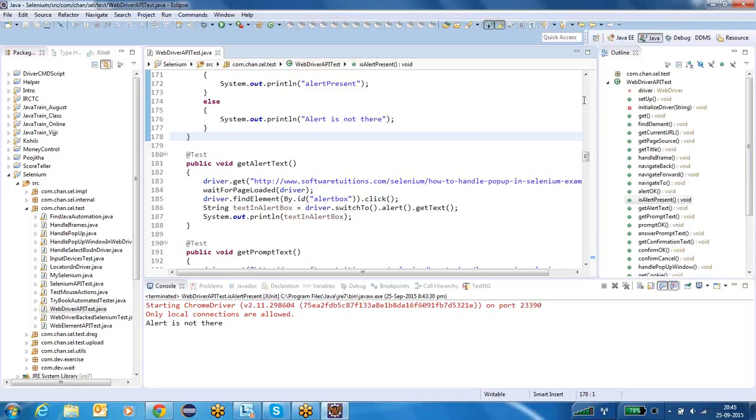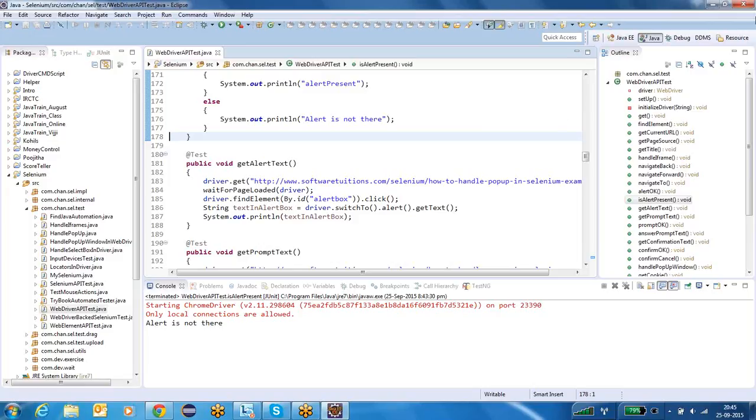If driver.switchTo.alert doesn't throw any exception, it means the alert is there and above the web page. If the alert is not there and if you call driver.switchTo.alert, definitely it will throw the exception. We are catching that. We are catching the no alert present exception, and in the catch block we are toggling the flag from true to false. Since you are making it false, you will print the alert is not there message. So using a try catch block, you can implement the is alert present method.